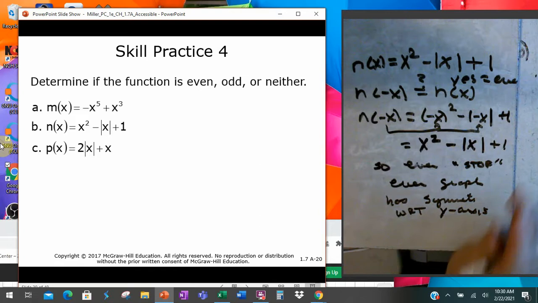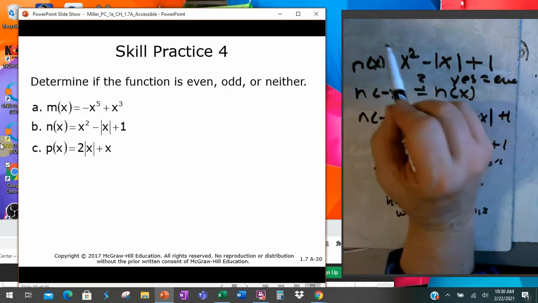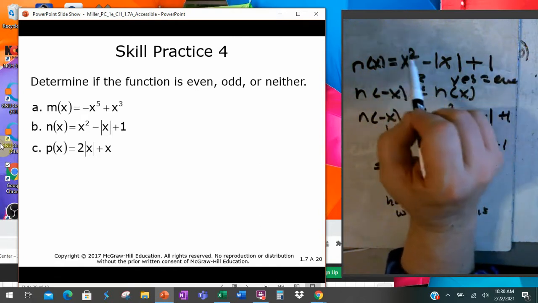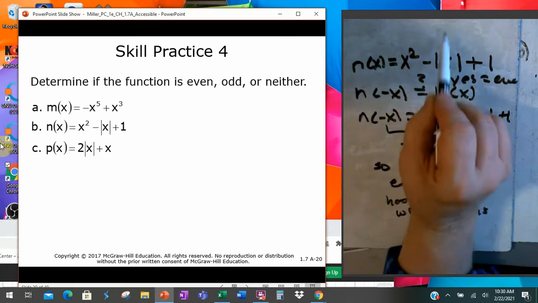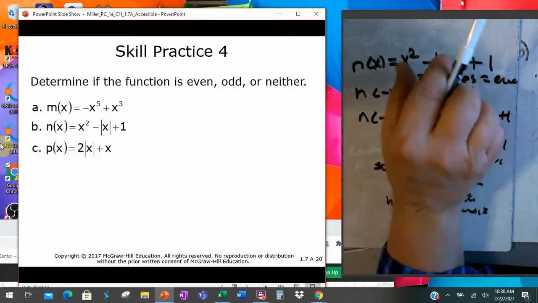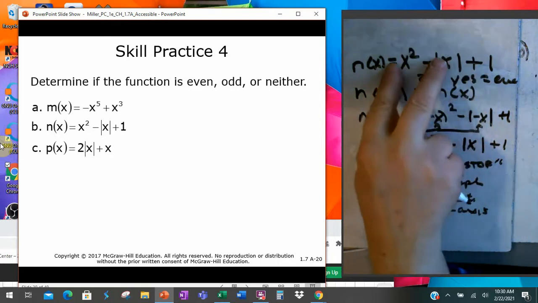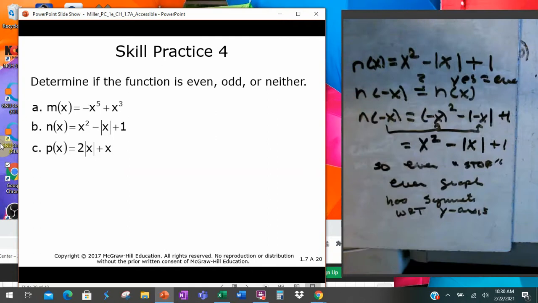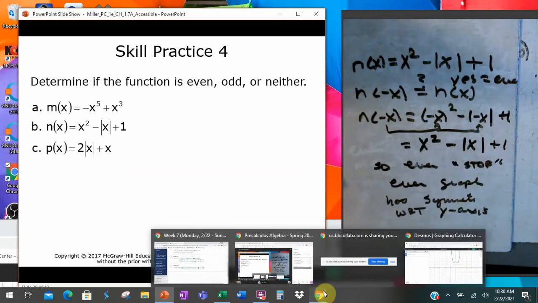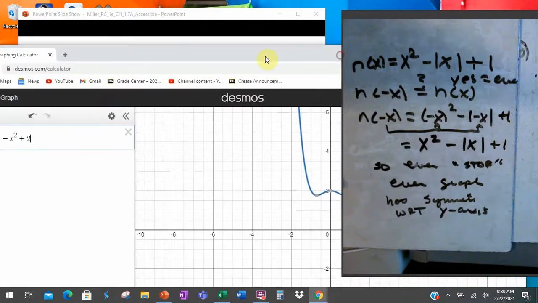And the way I said yes to start with, I knew this was symmetric with respect to the y, that's an even function. Here, this is almost like just moving up and down or subtracting the two, and this is just shifting everything, and around the y-axis that should be the same. Okay, so if I look at this, if I can get this graphed out,